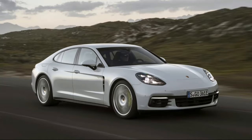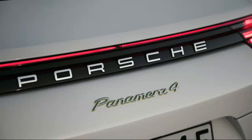If all you're concerned about is performance, the quicker and more powerful Panamera 4S is only $300 more than a 4 E-Hybrid. It acts more like a normal car, because it is as normal a car as you can buy at the price, with 4 doors, a hatchback, and the looks of a sports car. But we can understand preferring the hybrid, either for the electric-only driving or the general whiz-bang neatness. Those who fall